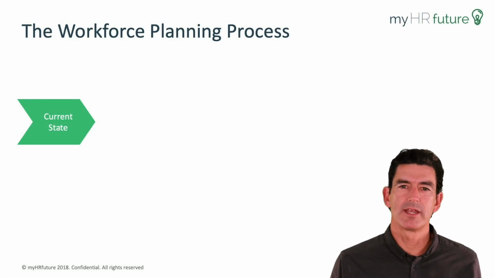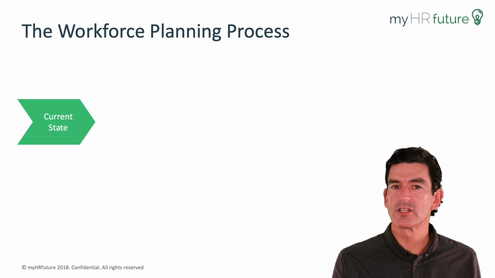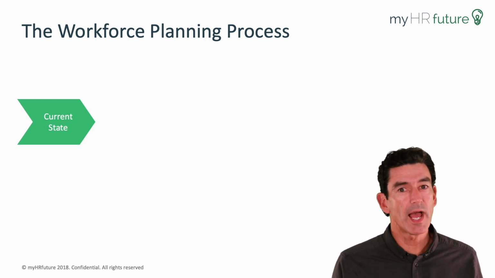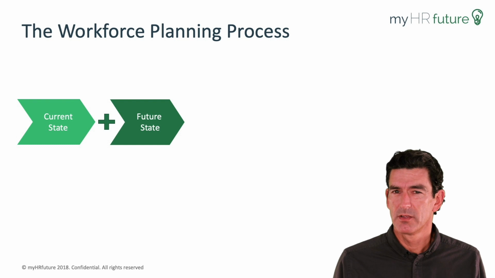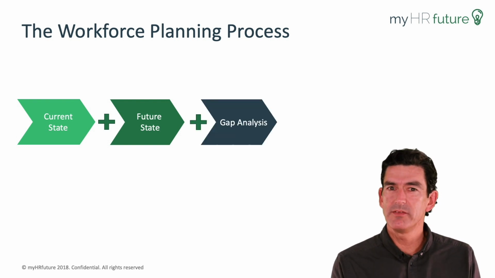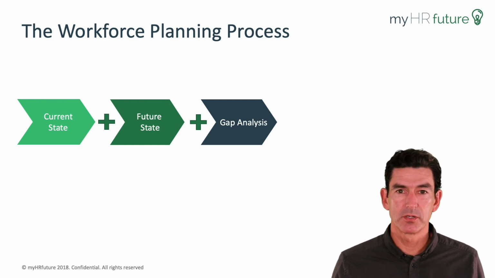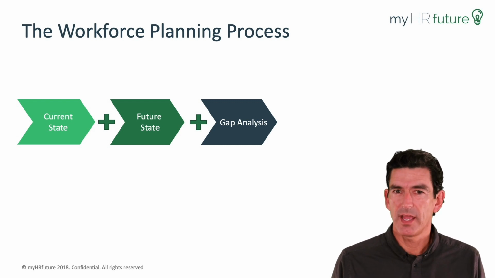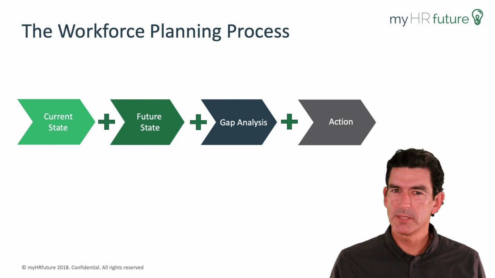So the essence of the workforce planning process that we advocate is very simple. It's effectively taking an audit of your current state. So doing a current state assessment, both of who you have and who they are, but also what you foresee in the future. And that's the second step, future state visioning. What do you think the organization is going to look like in 12, 18, 24 months' time? Given the gap between where you believe your workforce is going to be and where your workforce is going to go, what is that gap and what are the scenarios that you can put in play to actually fill that gap? And that last step then is actually action, putting the plans into place. So let's go deeper into each of these steps.